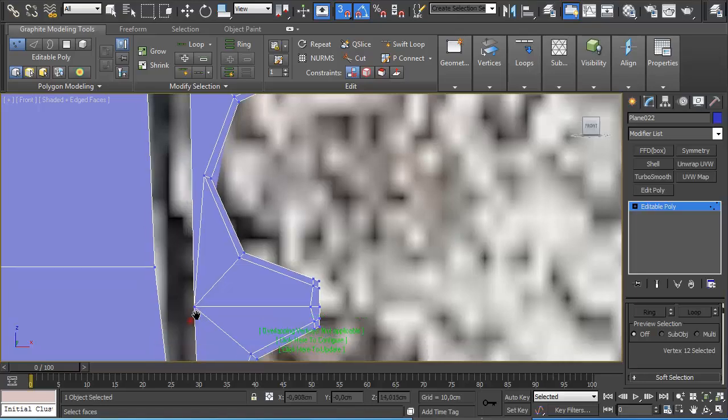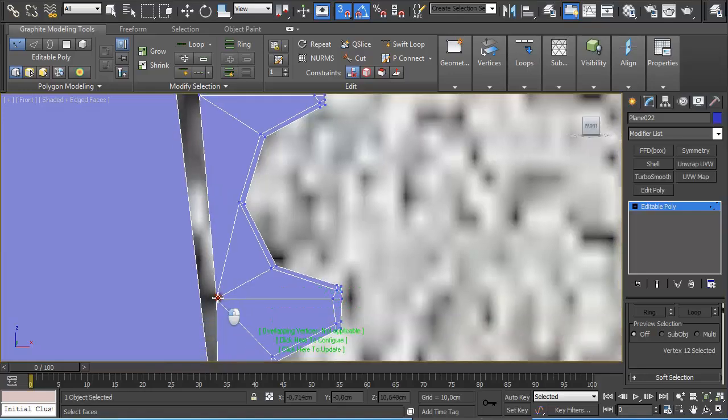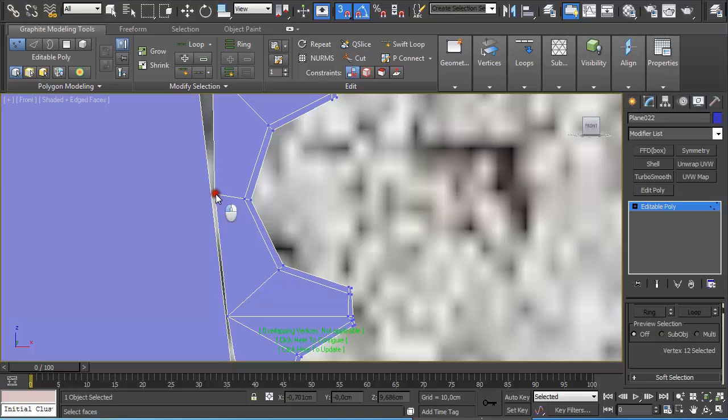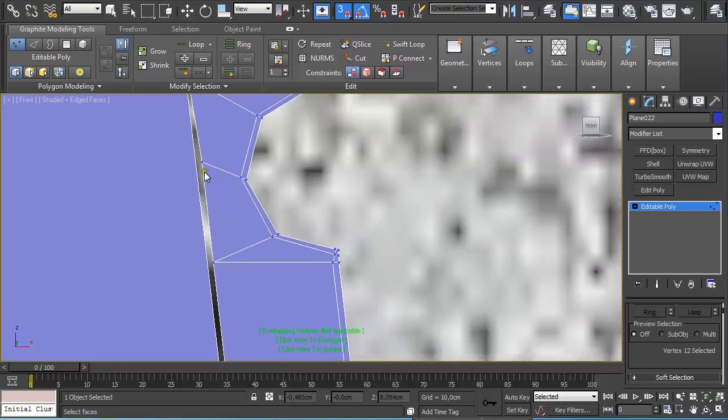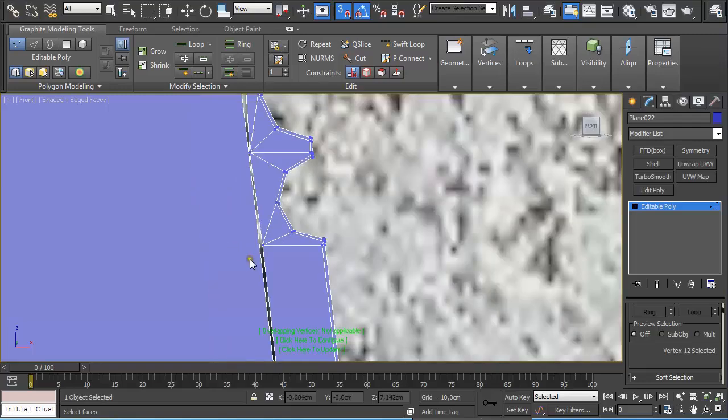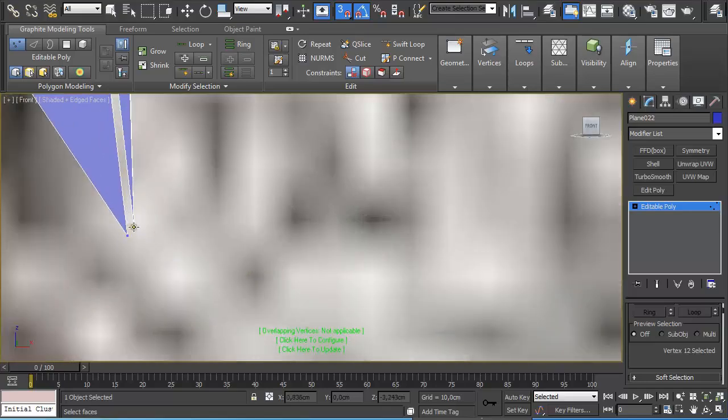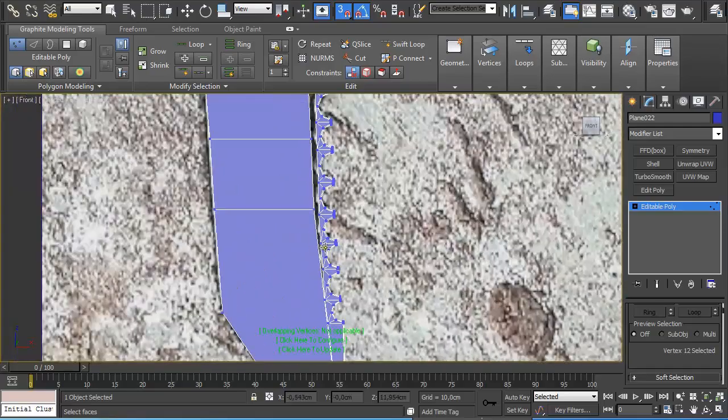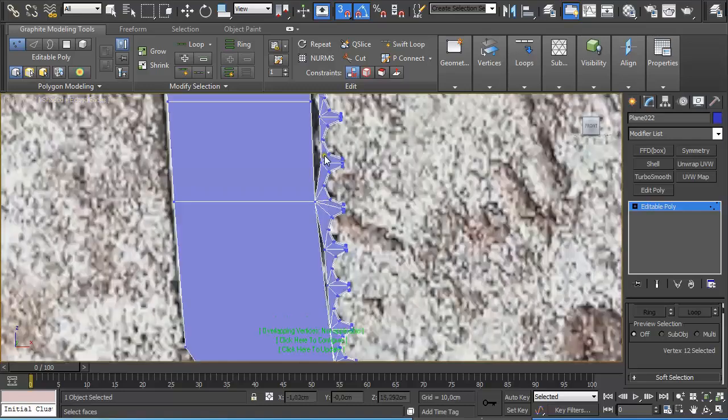And it's really not so important how many vertices, how many edges are going out of this single vertex, because these parts of the model are not going to be animated and they're going to be static, so we don't need to follow the rules that normally apply to these parts. So just weld the edge together,